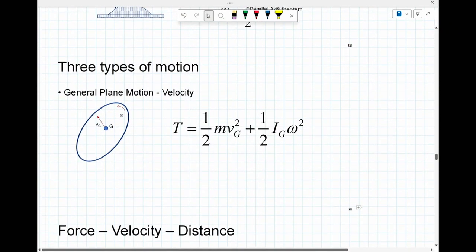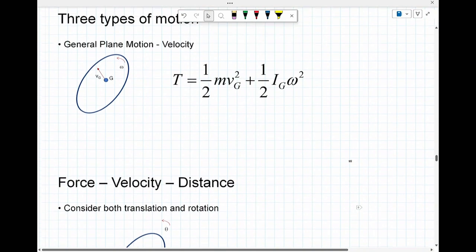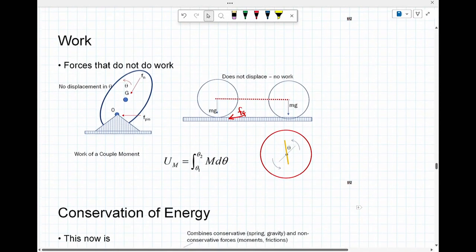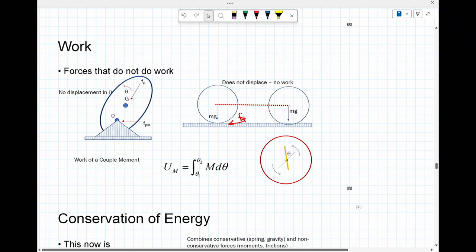If you look at general plane motion, you will always do things with respect to the center of mass, and you have I_G omega squared. So everything is there. But one of the things to remember is everything is with respect to force, velocity, and distance. And you consider both when you do rotation. So here you have a rotation of a body about point O, and you have a body slipping along the surface. But one question that I will keep getting no matter how many years I teach this course,